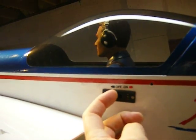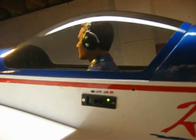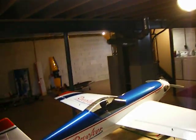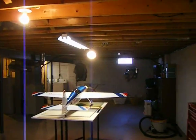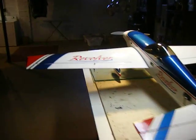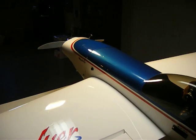What I like about this guy, you can turn this on, and there you go, man. You got a green light. You can fly. Then you get out your receiver. Excuse me, transmitter. Which is over here. Got back off. Fail safe. Make sure the throttle